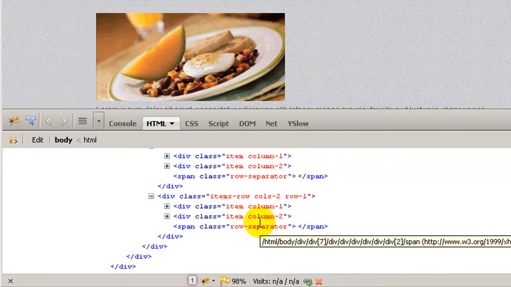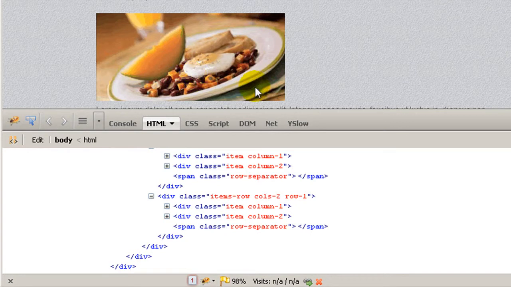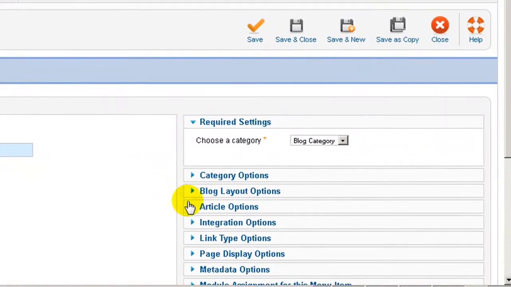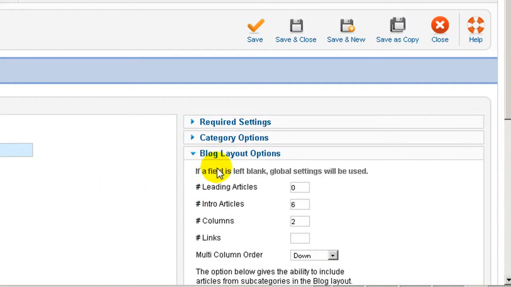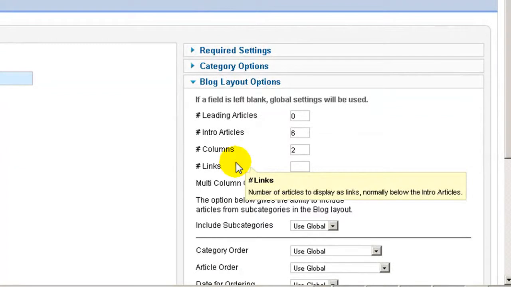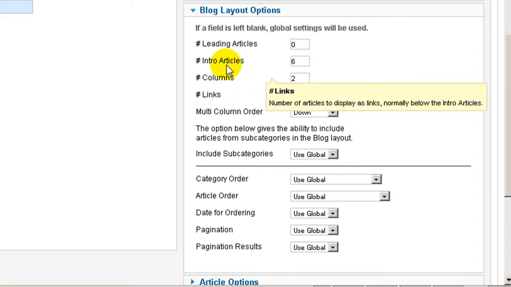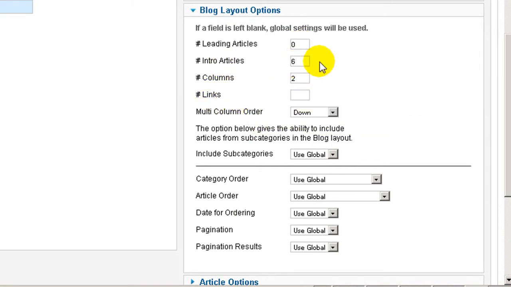Now in order for you to have this, you will need to make sure that you apply the settings that I show you in here, okay? You should be inside the block layouts. You will need to have all the time leading articles equal to 0, and the articles, you can insert whatever number you want in there, but this will be the amount of articles inside